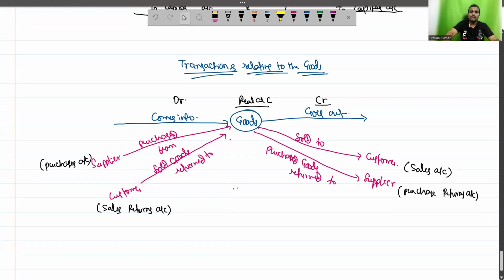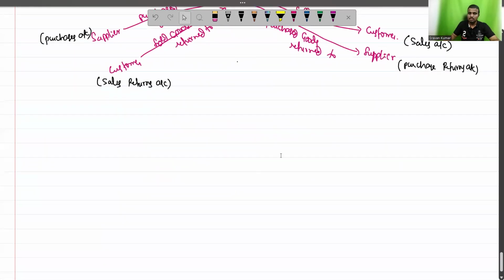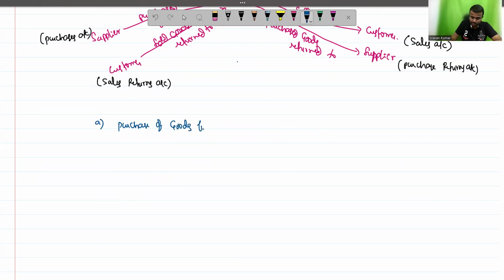Then we'll see how to write the journal entries in relation to the goods. First one, purchase of goods for cash, rupees 2 lakh. Here, what is the receiving aspect and what is the giving aspect? The receiving aspect is goods. As we discussed, when the goods are purchased for resale purpose, we have to use the word